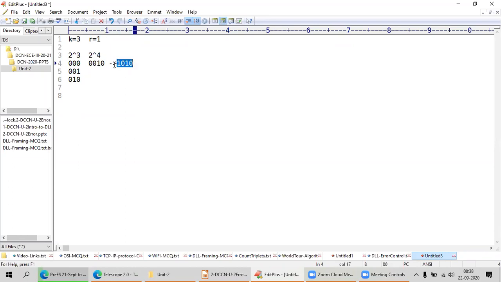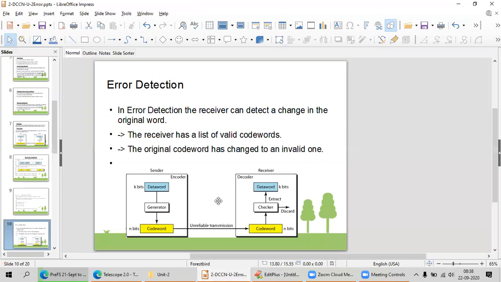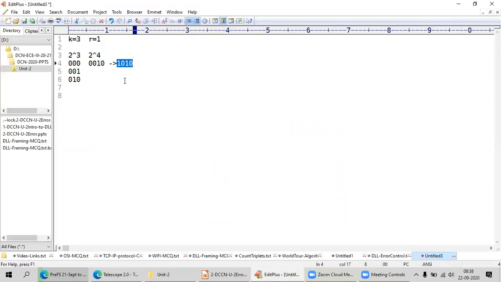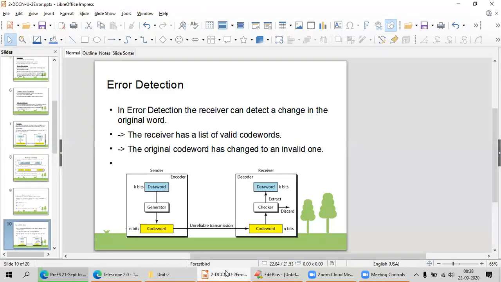Why? I already have all the useful code words in my hand at the receiver end, so I will discard the message. It is not proper. If I receive the same thing, that means 10010, then I use that message and convert it to the actual data word.